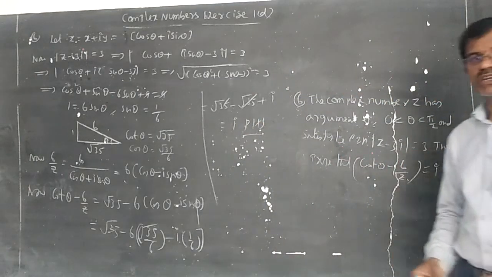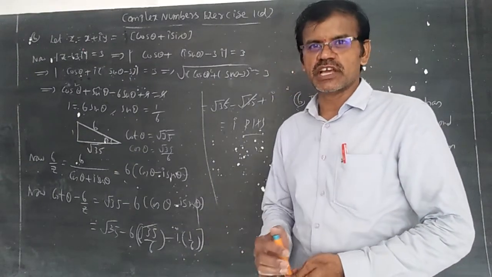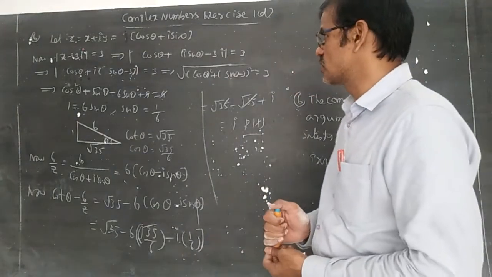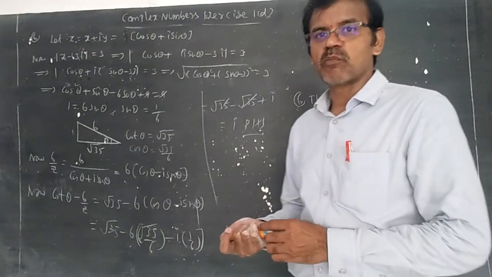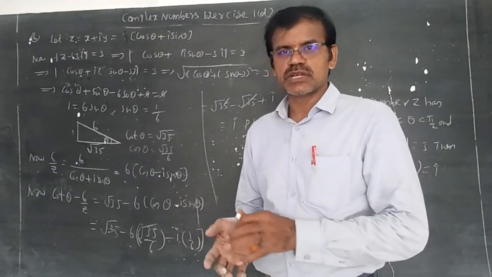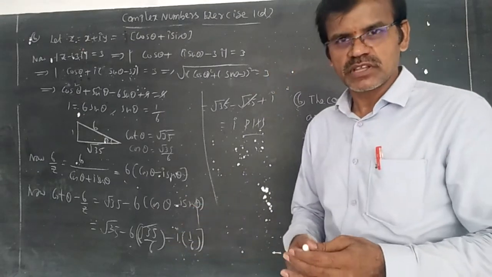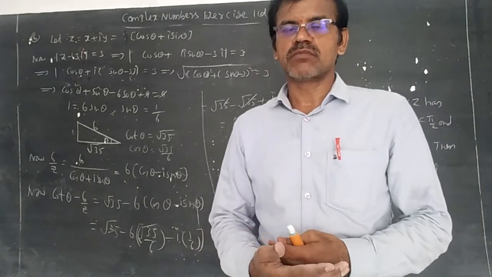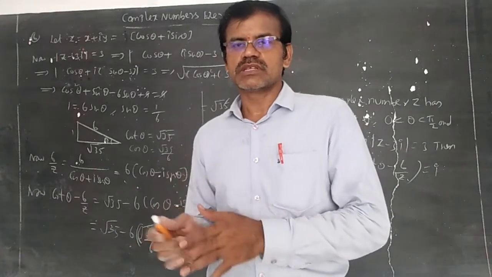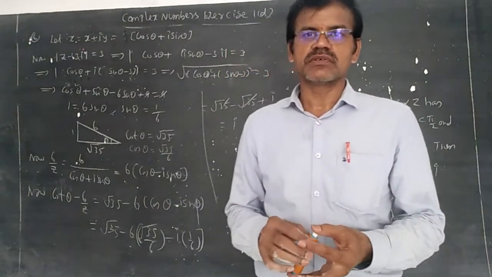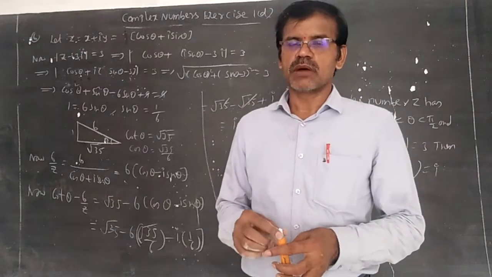Cot theta minus 6 by z is equal to I. Of course, I did not see this question in the exam, students. You can simply leave this question. Now, successfully we have completed the chapter complex numbers. In objective, there is no indication that this question is from complex numbers or this question is from De Moivre's theorem. There is no De Moivre's theorem chapter in JEE Mains. In MSET one bit is there in De Moivre's theorem, and in MSET one bit is there from complex numbers.